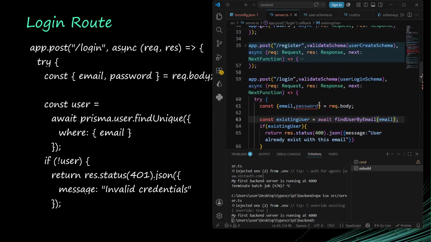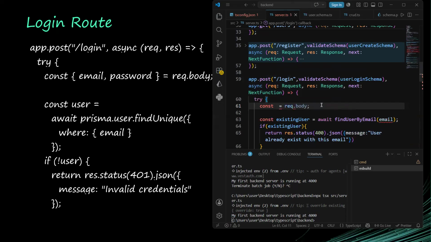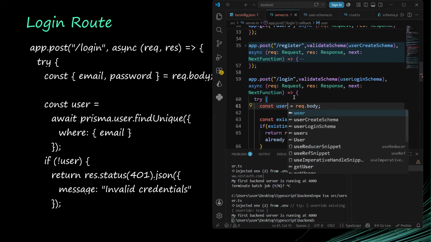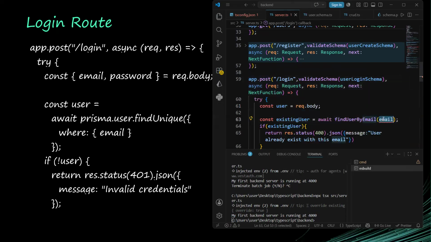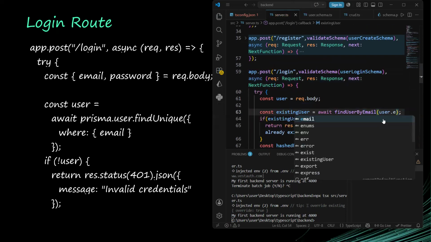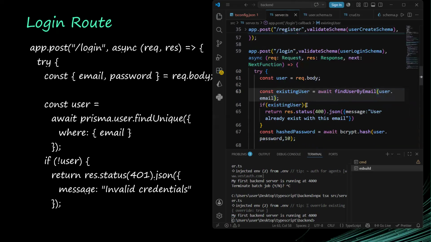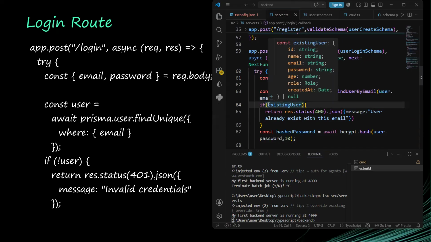Okay. So I might just go back to using the user, because I would prefer to use the other one there. User.email. Okay. So if there is an existing user, that means this user is registered. But in this case, we will say if there is no existing user,